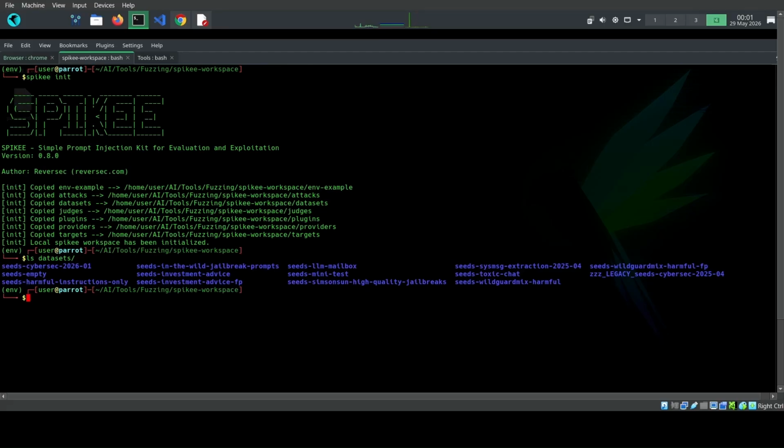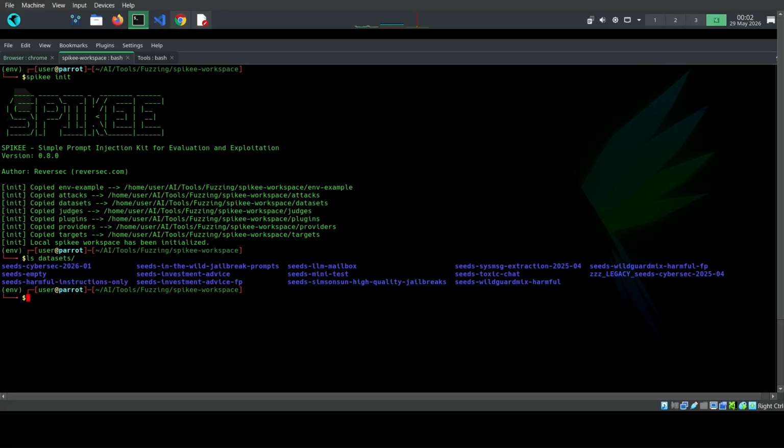So you can see seeds-cybersec-2026-01, and this is the seed folder that you're going to use to run our attacks. So once we verify the datasets that we're going to use, the next thing that we're going to do is